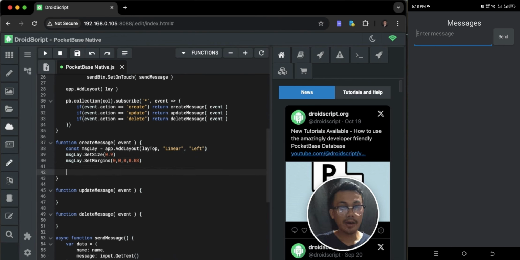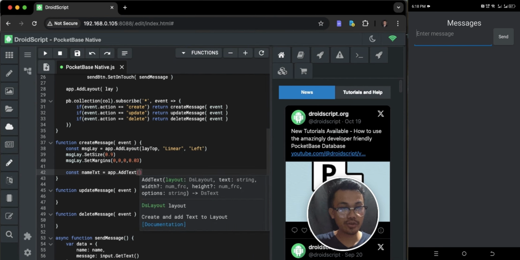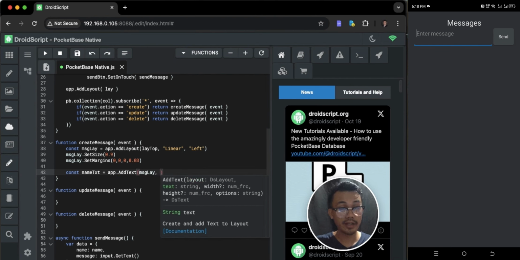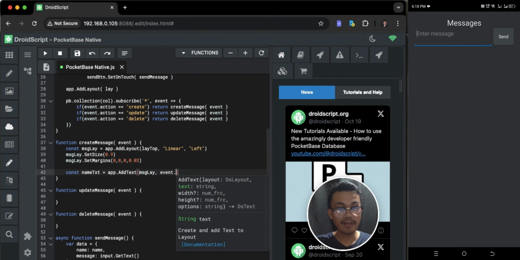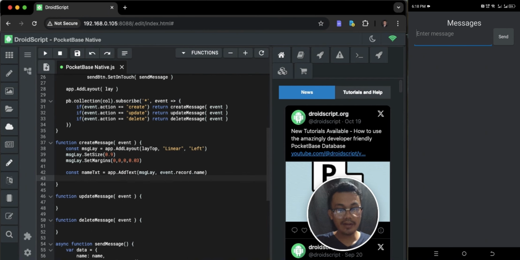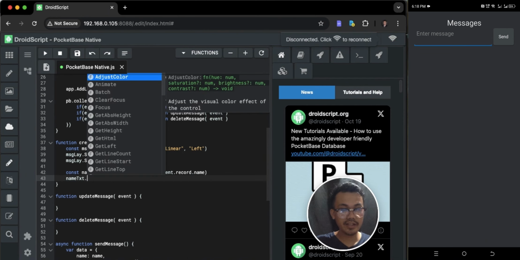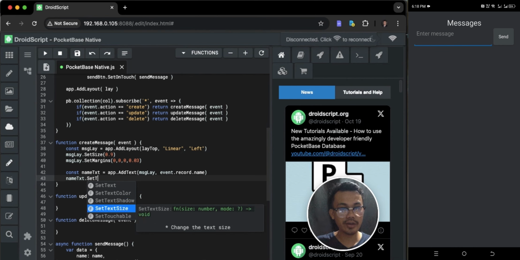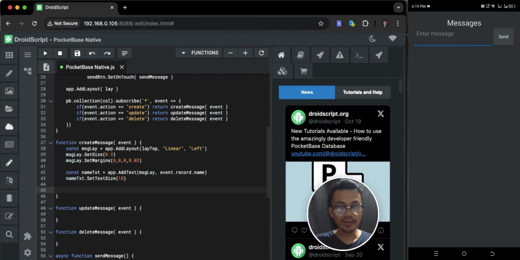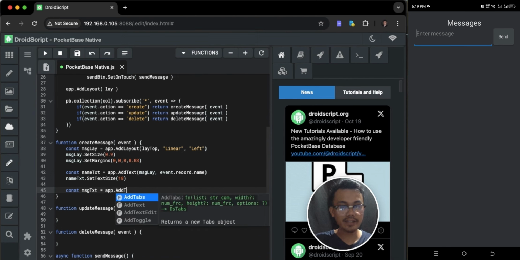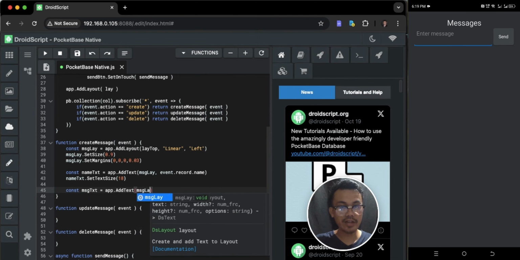Okay, so below that I will also define the name text or the author of the message. So app.addText, and this text control will be added to that messageLay. The name of that author will be event.record.name. I'll change this nameText.setSize to a bit larger, so I will say 18. And below that, I will also display the actual text message. So messageTxt equals app.addText. We'll add this text control into the messageLay also. And the actual text message will be